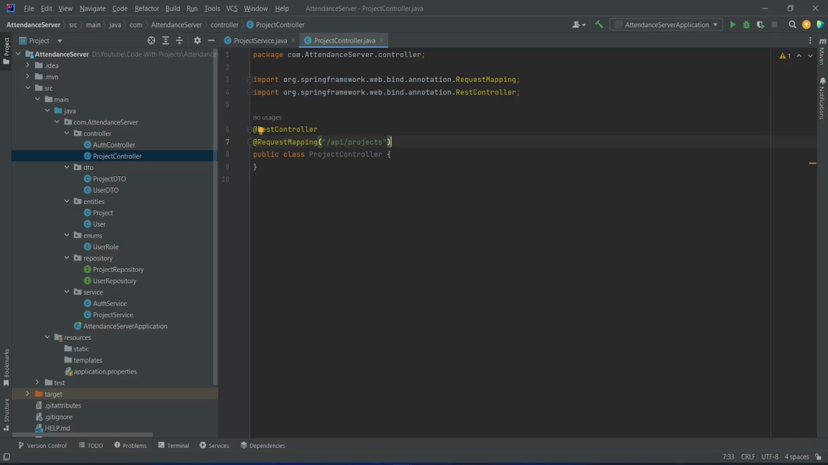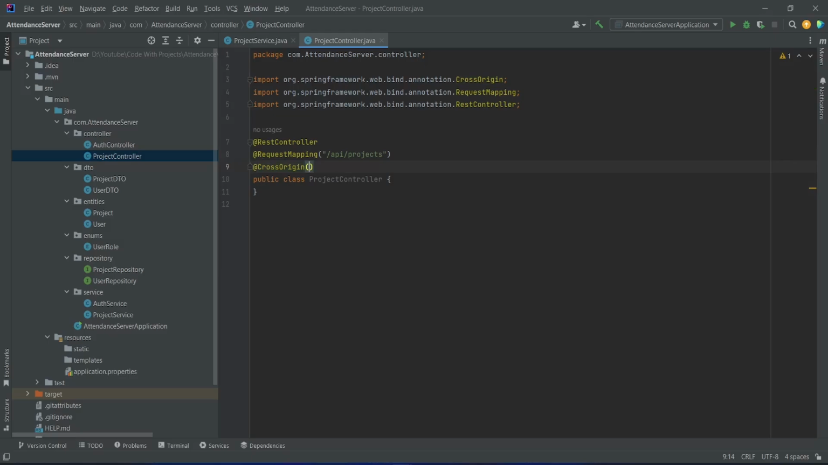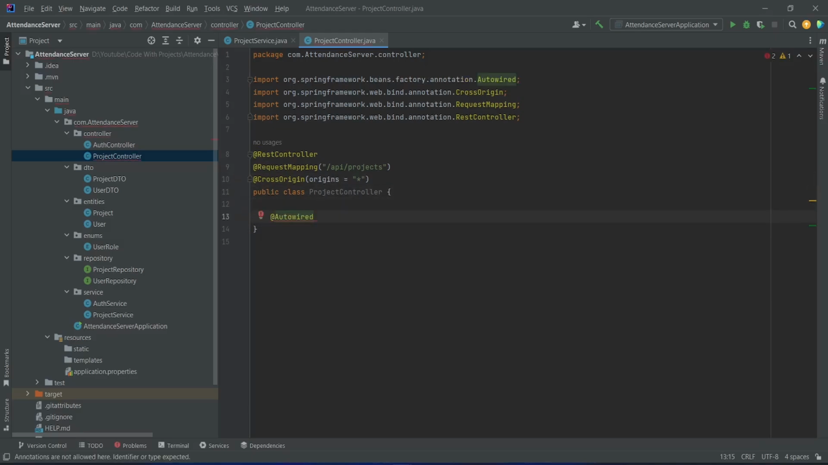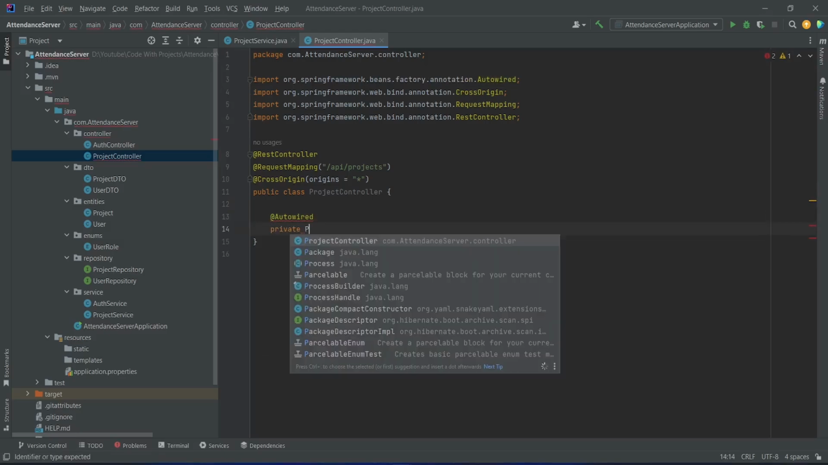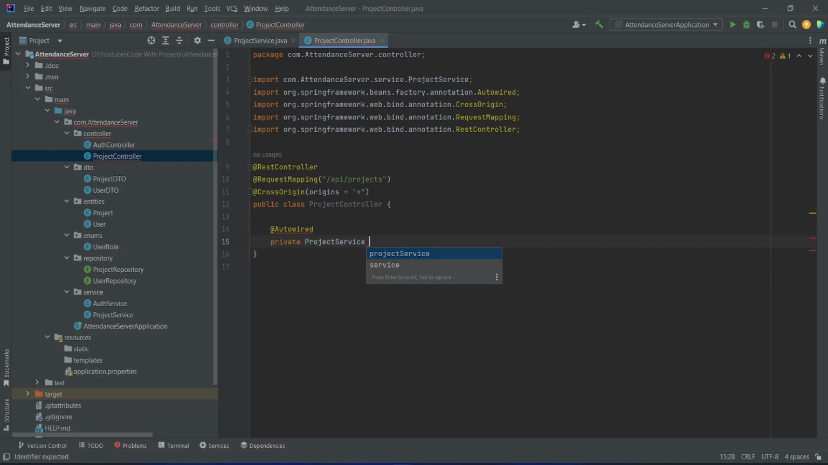/api/projects, and after this because we need to call this API from our Angular application, so we need to enable the origins, and to do this we will add the annotation of @CrossOrigin, and in this for the origins we will set star, and after this we need to inject project service in this project controller, and to do this we will add the annotation of @Autowired, and then we will write private, and after this we will mention ProjectService, and we will name this as projectService, and after this we need to create an endpoint for the add project,